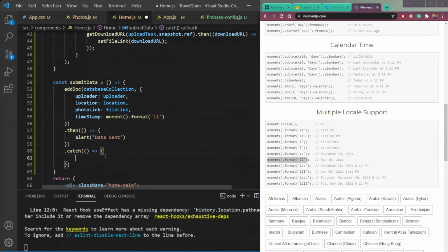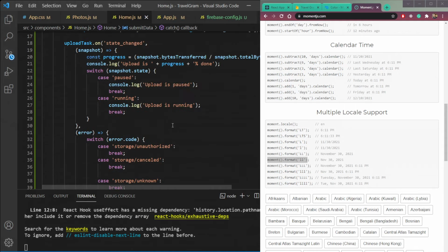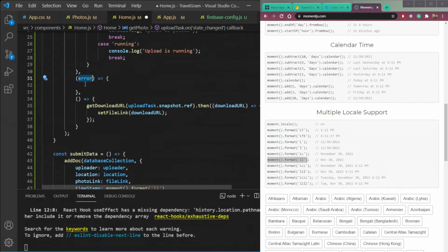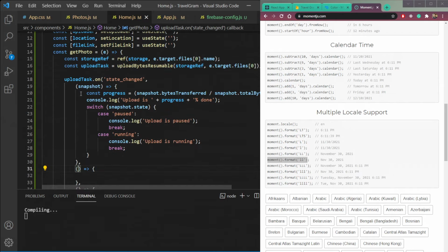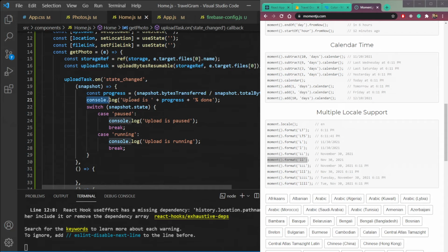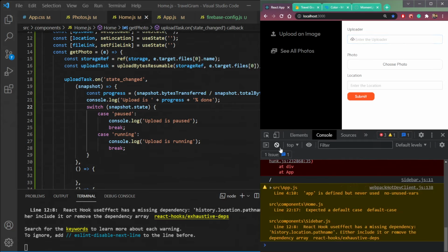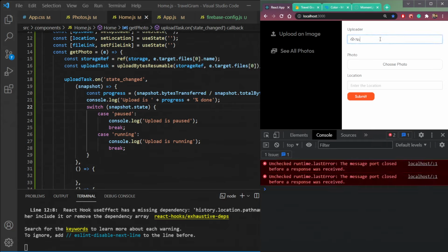So we will say alert data not sent. Save it, and then we don't need this switch cases, so remove it, and this error from params, I guess. Okay, let's see. Now let's try to add some data. So refresh the page and enter the uploader, which is Nishant.